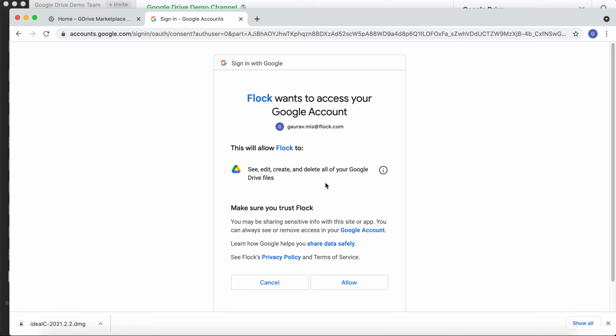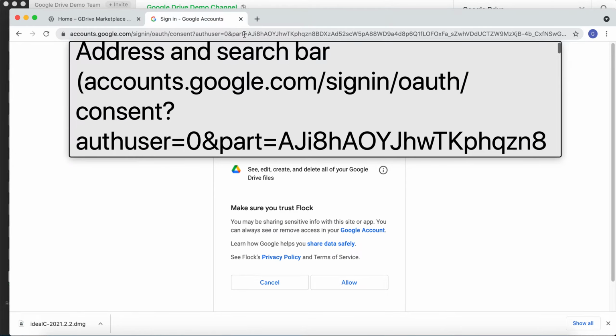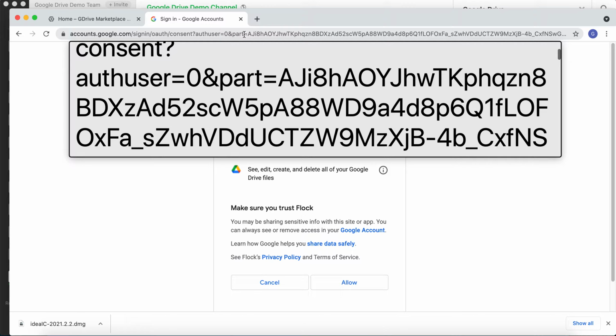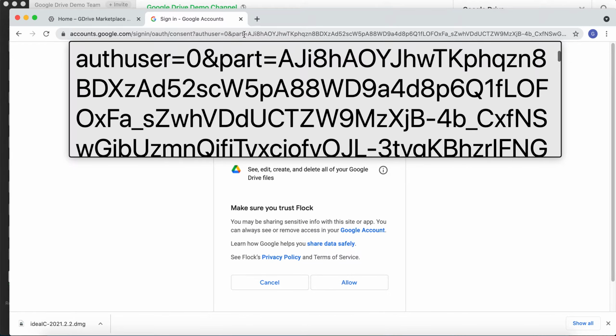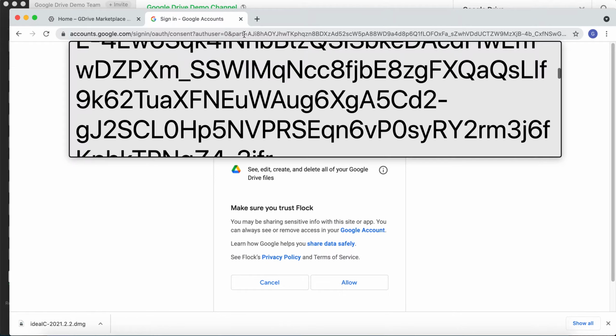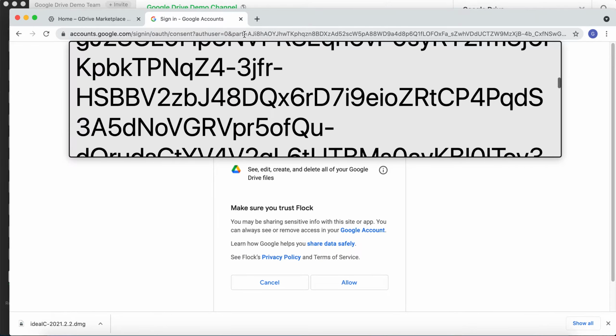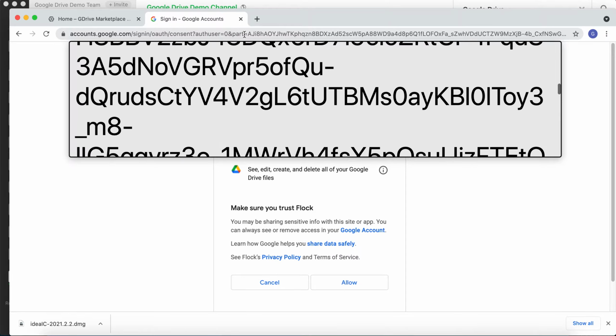Now I am going to show you the URL. So this is the URL. As you see, I'm slowly going to scroll through the complete URL so that this URL is pretty clear for the verification process.